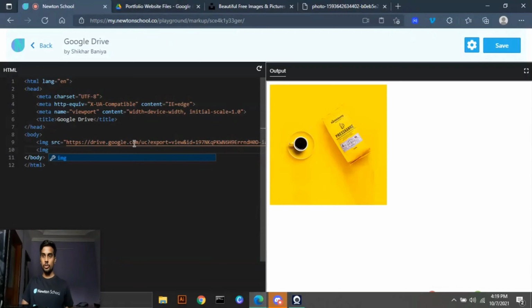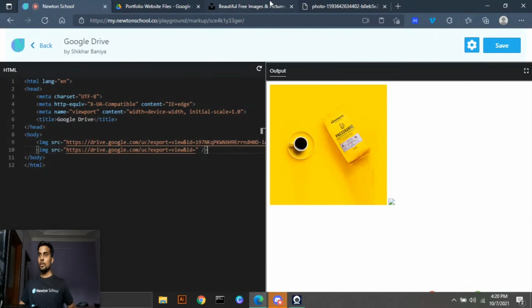Let's say image src https://drive.google.com/uc?export=view, okay, and id equals to, I have to specify the id here.